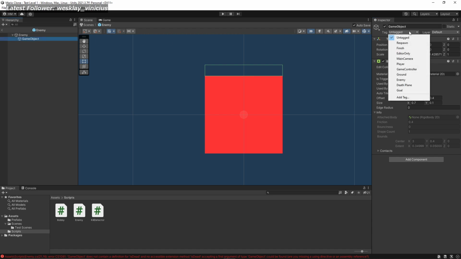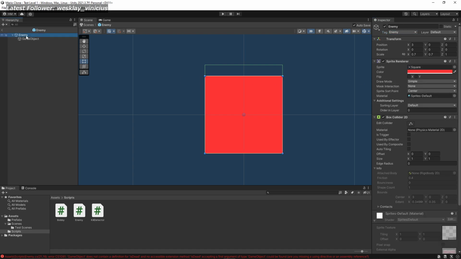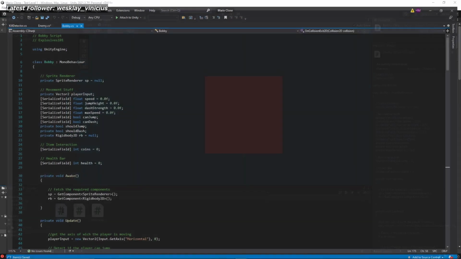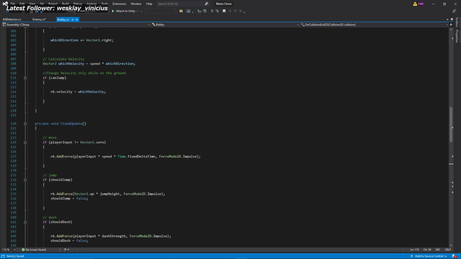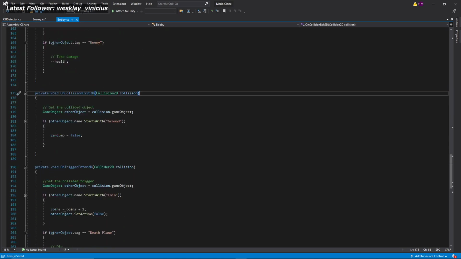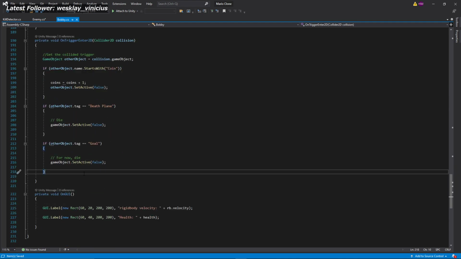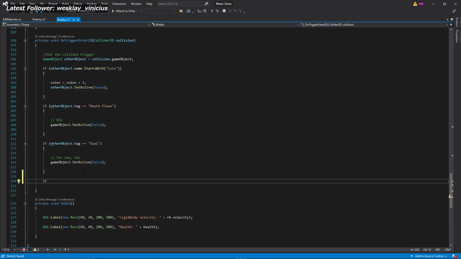So we go to game object and tag this as enemy. Now specifically we're gonna use OnTriggerEnter2D for that. So we're gonna go back to Bobby's script, all the way down to OnTriggerEnter2D. If it happens to be, if that other object dot tag equals enemy,